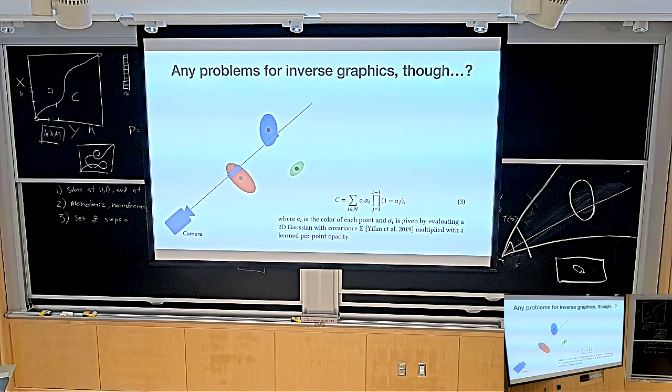Okay, so I haven't actually told you that this renderer is differentiable yet, but you can just take my word for it. You can also look at all of the operations we just did, and they are matrix products and such. And the sorting doesn't have to be differentiable. Because what are we trying to optimize? We're trying to optimize the color and the position and the covariance matrix of each of the Gaussians. Those are the free parameters. We have a million Gaussians, and we're just optimizing the color, the position, and the covariance of each Gaussian. And everything we just discussed is differentiable with respect to these parameters. So now, how would you actually go about doing reconstruction with all we've discussed so far?